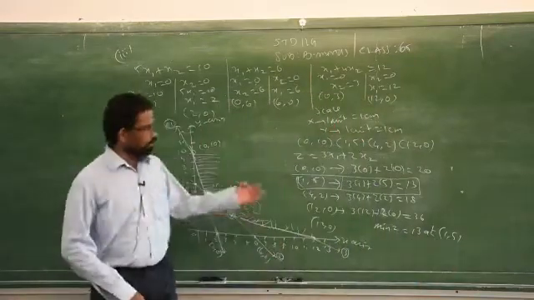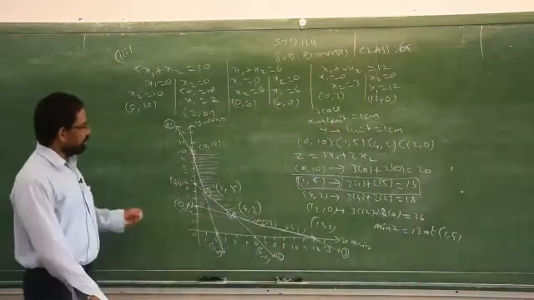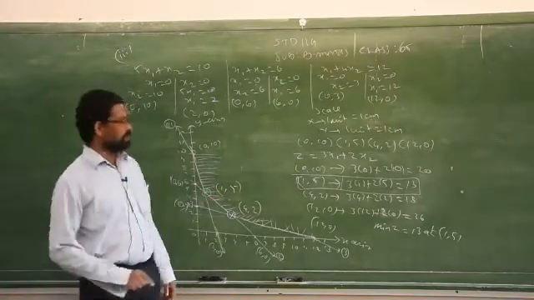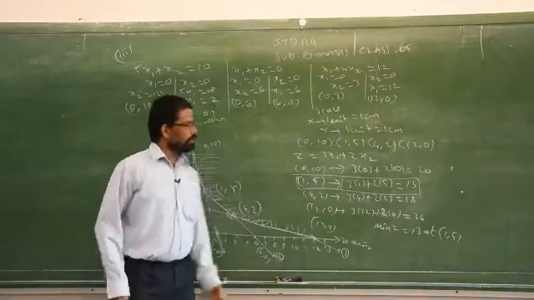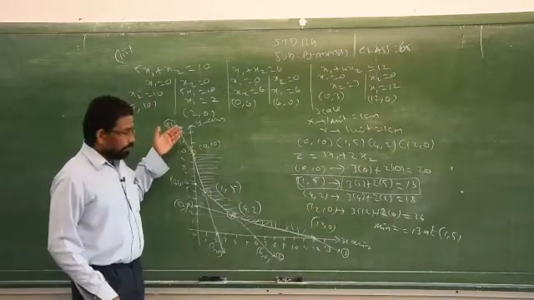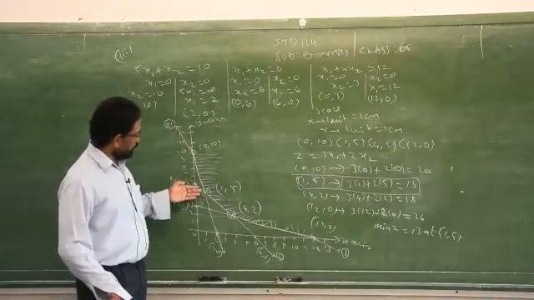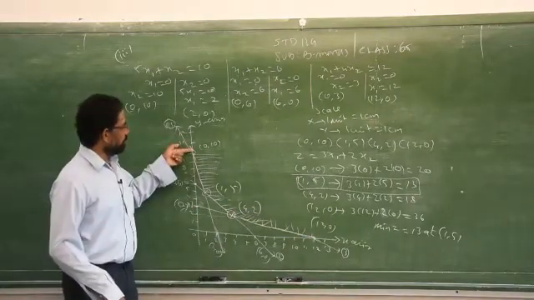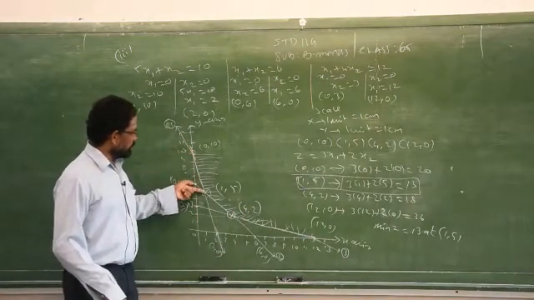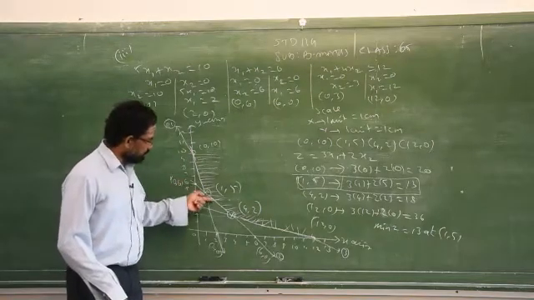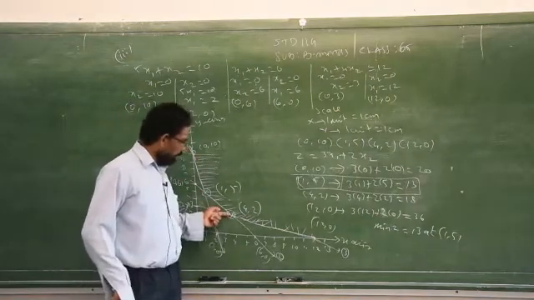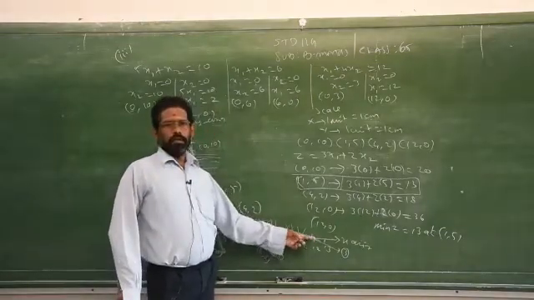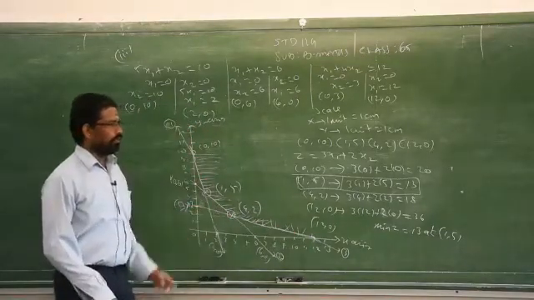Clear? So this is the method, a very simple method. Don't think that for all problems you'll get only whole numbers. Sometimes you'll get a decimal answer also, but you have to substitute. One thing is you have to find that boundary point. That is very important. For minimum, start from the top, come to the intersecting point, don't go beyond the intersecting points. Straight away cut this, again an intersecting point, don't go beyond this line. Again go to the corner. You have to connect corner to corner for minimum.